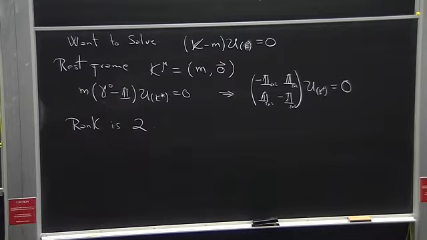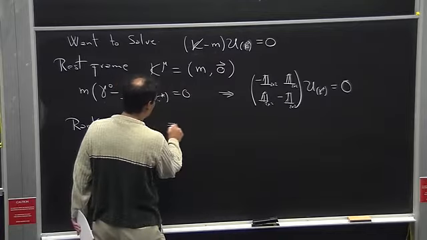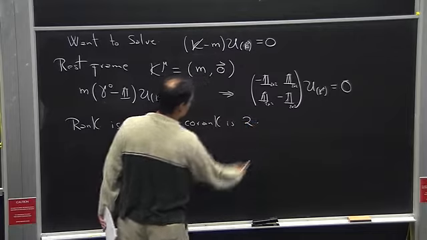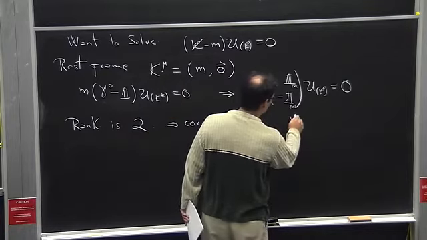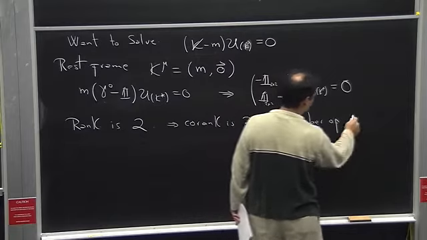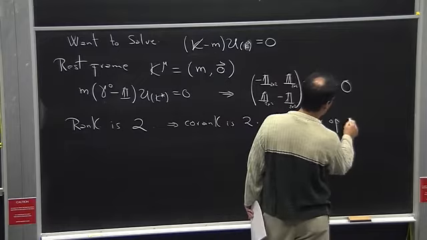Okay, so that means this is a 4x4 matrix. It means that the core rank is also 2. And that means that the dimensionality of the null space must be 2. So the number of eigenvectors